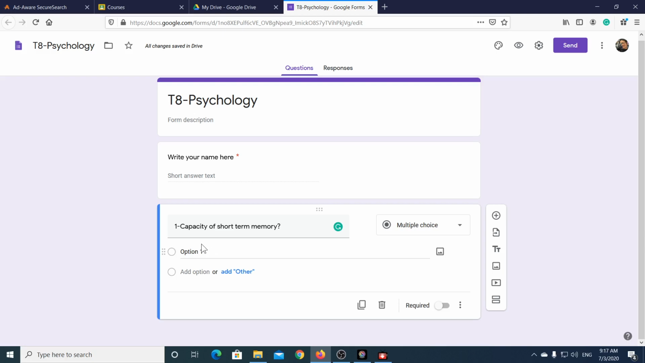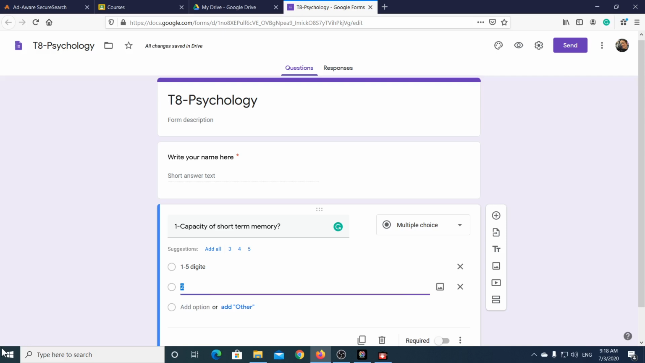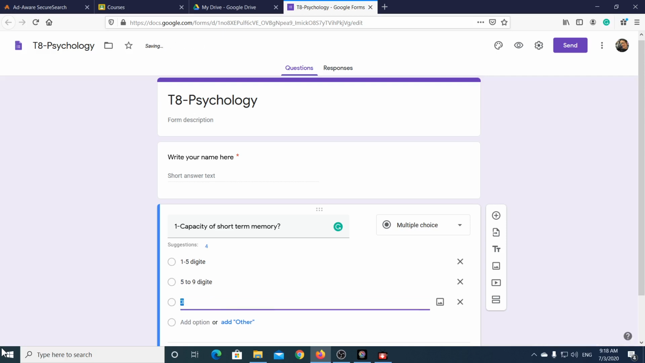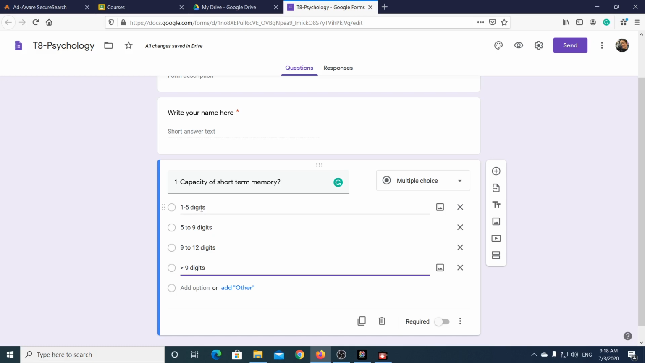And then if this is a multiple choice, we need to give options. So option number 1, for example, the capacity of the short-term memory is 1 to 5 digits, and the second option is 5 to 9 digits. And then the third option is 9 to 12 digits, and then the last option, the fourth option, is more than 9 digits. So you need to give the options, and